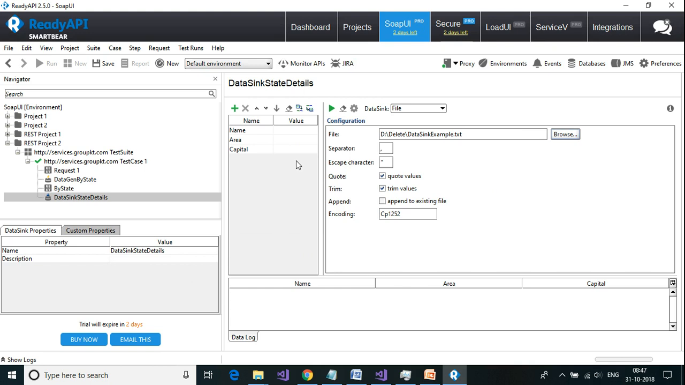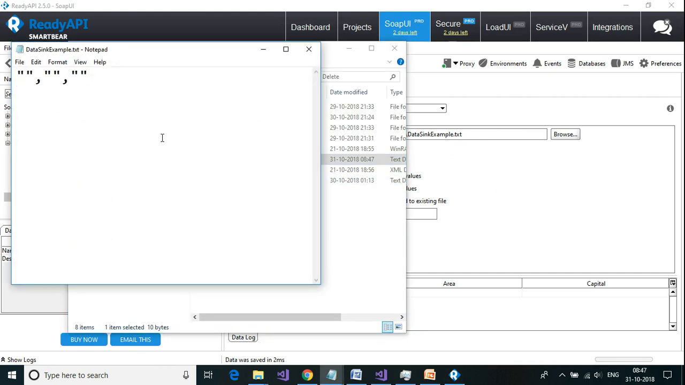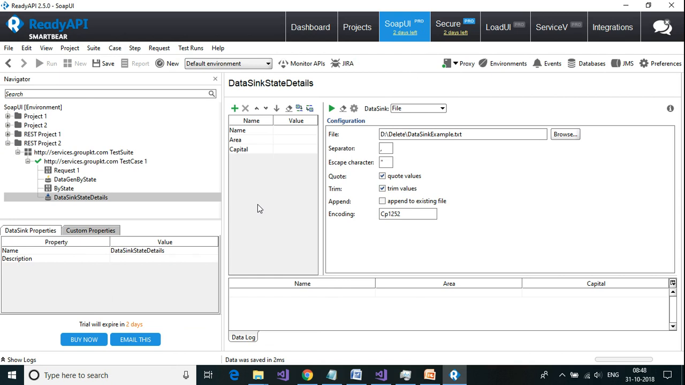So let us see whether this is working first or not. Run. Since I don't have any data here, DataSync example, it has created an empty string here. So let us see how to combine these together now. Since this DataSync is using properties, and the values should be fetched from this request and transferred to this DataSync, we need a